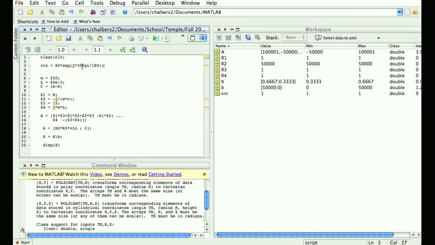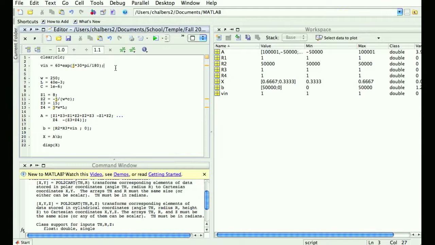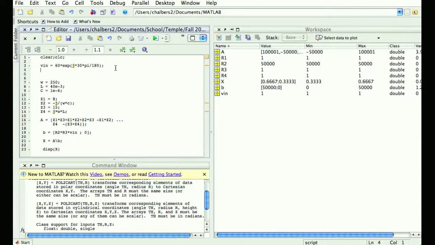Again, if I didn't want to do that, I could have figured out that the real part of this is 60 cosine 30, and the imaginary part is 60 sine 30. So I could have just said 60 cosine 30 plus j 60 sine 30. That would have worked exactly the same. So maybe I'll do that as my alternate. I'll comment it out, so I could have said 60 times